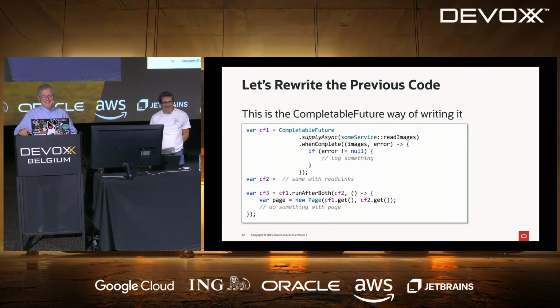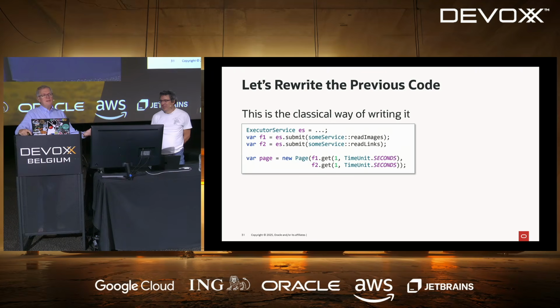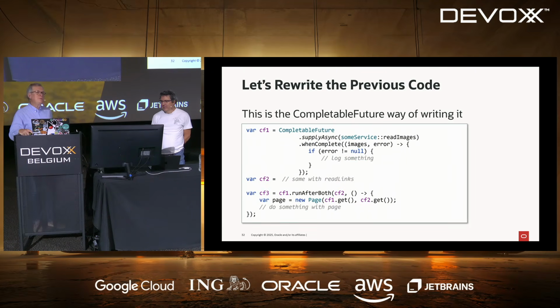So obviously, here you have something that you can read and understand easily, and here you have some kind of ugly pattern of code that you need to work with, because this is actually the current solution that everybody's using. Maybe not with the Completable Future API, but callback-based reactive programming leads to this kind of code. And it's wrong on many points, actually. The readability being one of them, but certainly not the only one.